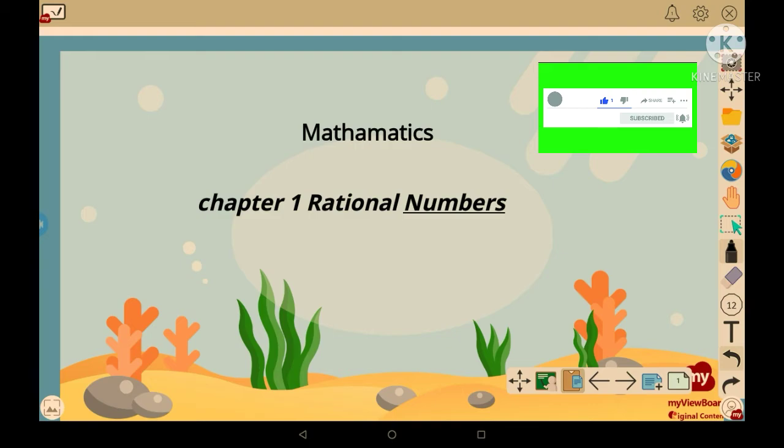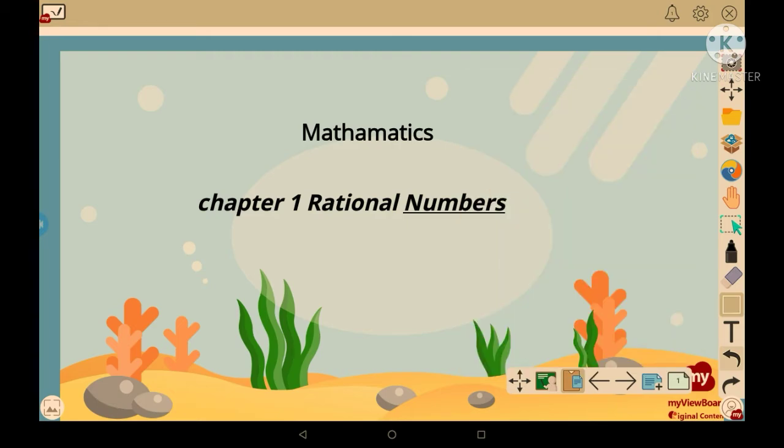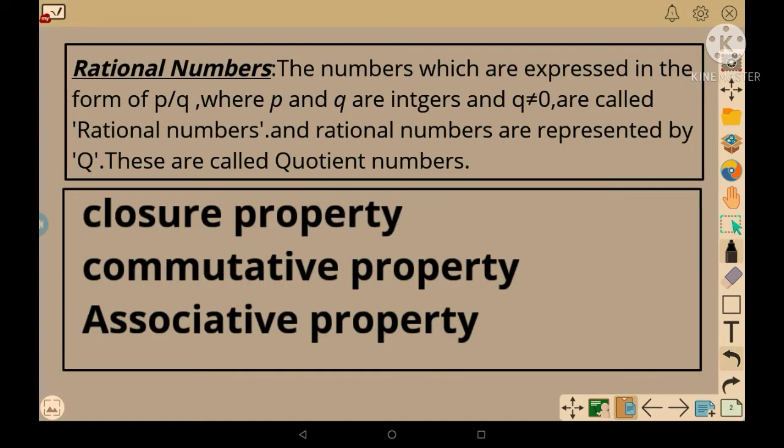So in today's video we are going to see the mathematics subject. In that we are going to see chapter 1, rational numbers. So what is the definition of rational numbers? We are going to learn it first, and there are four topics, properties, but we are going to learn 3 importantly, and the fourth one we know from before. So the 3 are important, so let's go towards it now.